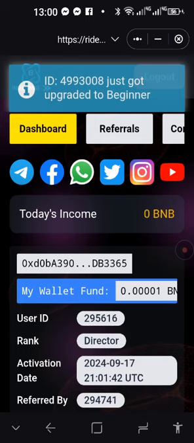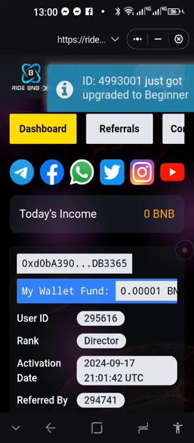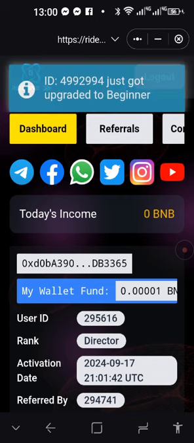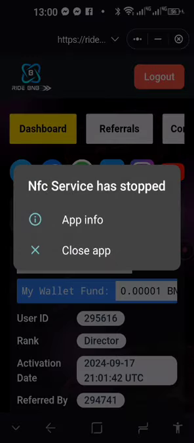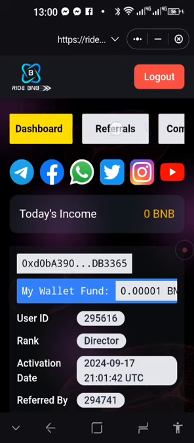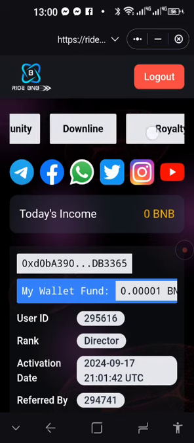Remember those people that joined in the beginning were automatically carried over to Ride BNB. But Ride BNB is still active, and as you can see from the pop-ups there, people are claiming their royalty claims. They are still registering, still upgrading. So if you want to upgrade someone in your downline, I'm going to take an example here.